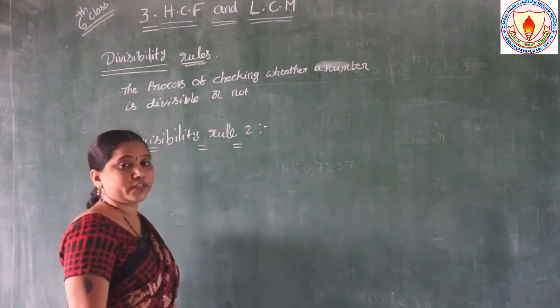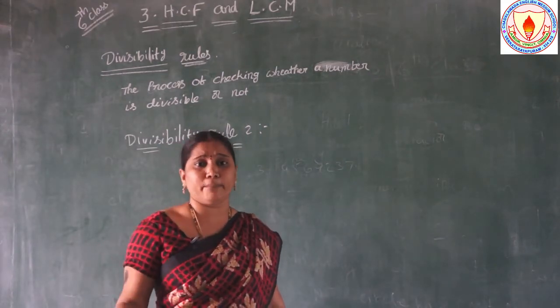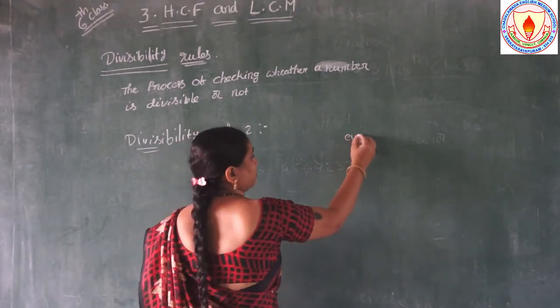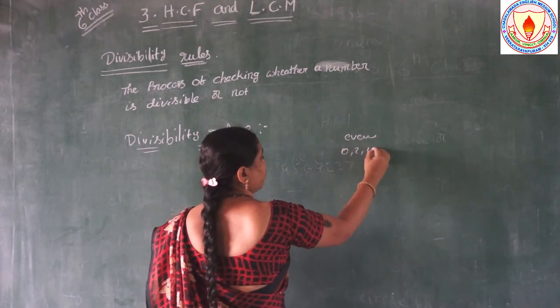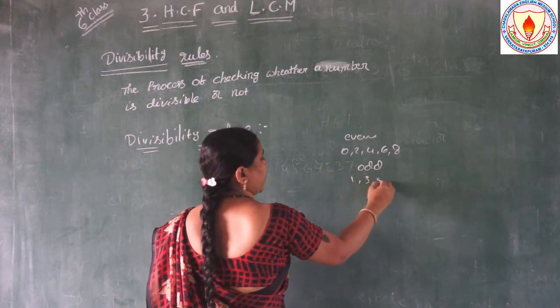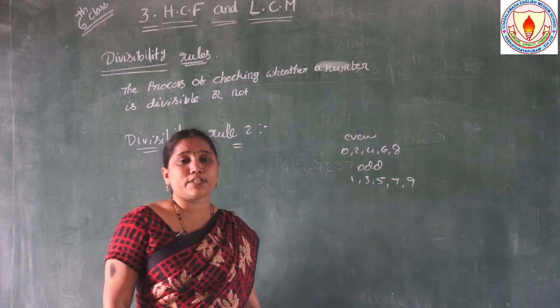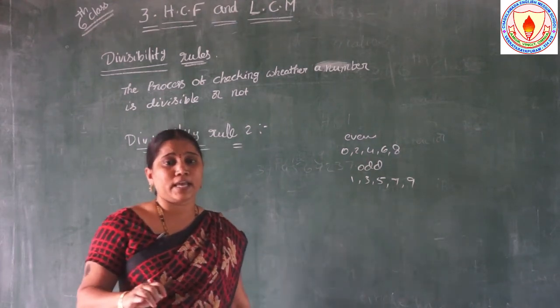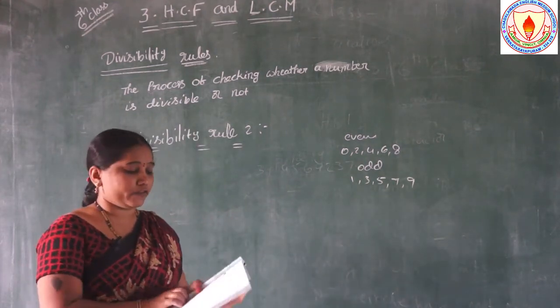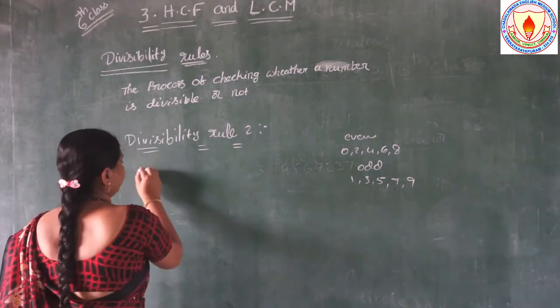Already you know what is an even number and what is an odd number. Even numbers are 0, 2, 4, 6, 8. Odd numbers are 1, 3, 5, 7, 9. See, what is the divisibility rule for 2? A number is divisible by 2